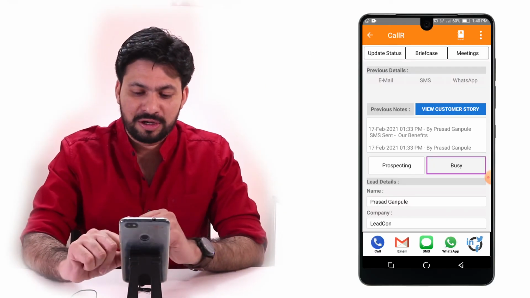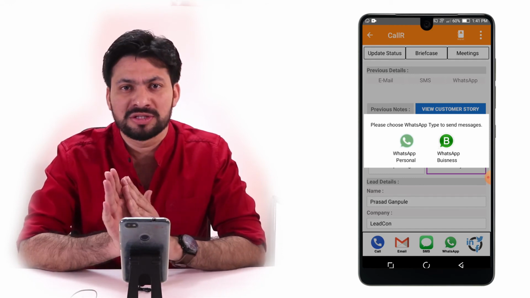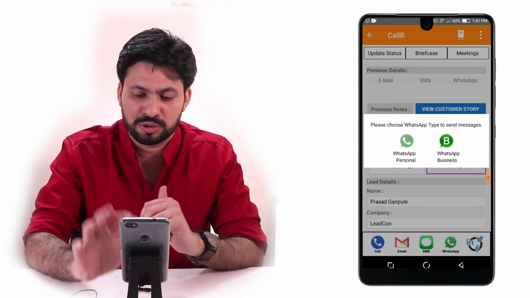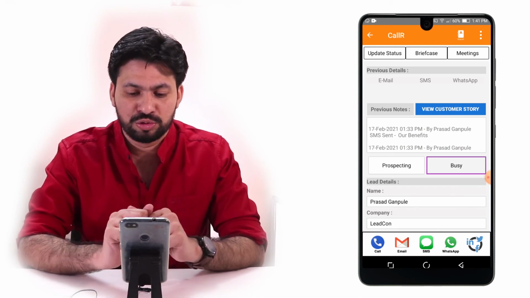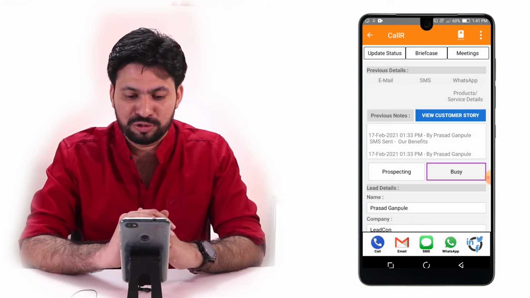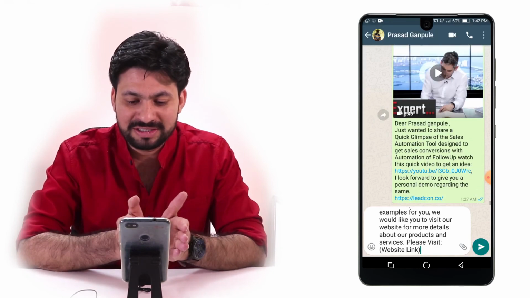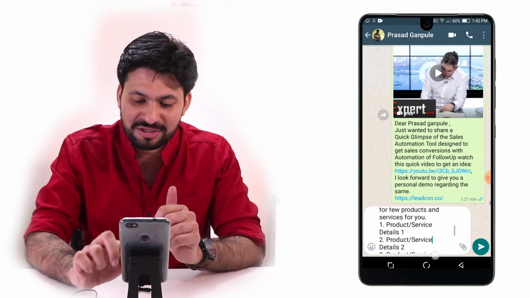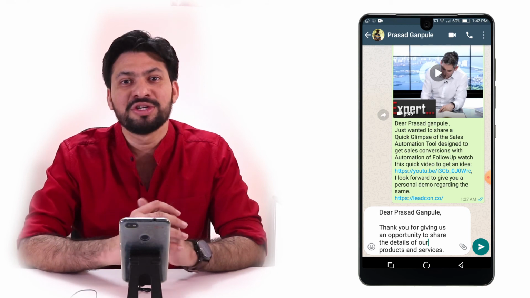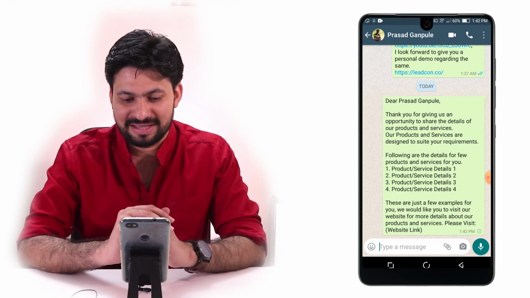Now to send WhatsApp, click on WhatsApp. And now you can see it asks you whether you want to use personal WhatsApp or business WhatsApp. So being in sales, it might be a case that you might be using a business WhatsApp. Like me, I'm going to use business WhatsApp. I choose WhatsApp again. I'm going to choose a message. I choose a number to which I'm supposed to send. And now you can see it has directly taken me to WhatsApp with all the details. As you can see, the whole message is already here in detail with all the different parameters. What I just need to do is click on send. It's as simple as that.